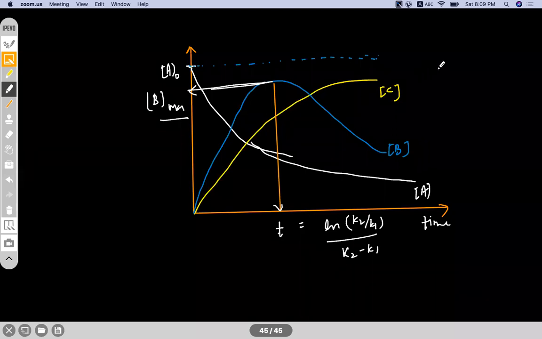Today after dinner, you just go through the entire derivation once. I would suggest you do it on your own; once you do it, you will memorize it. Correct? Like this, we have two more derivations: one for the parallel reaction and the other for the reversible reaction. So next class we'll finish this.